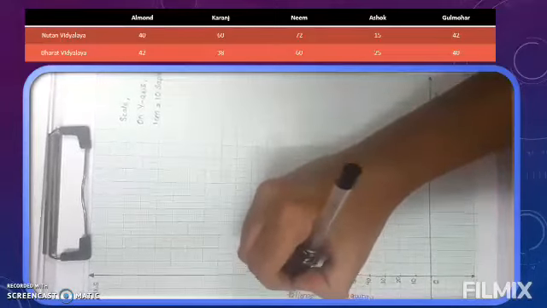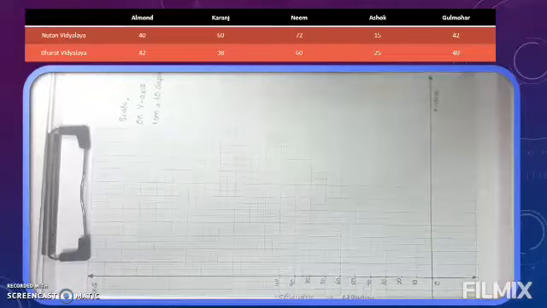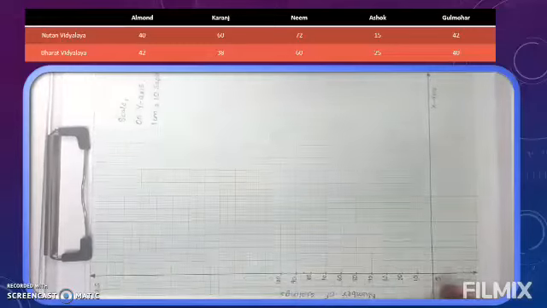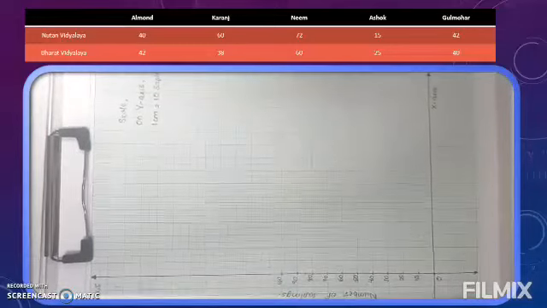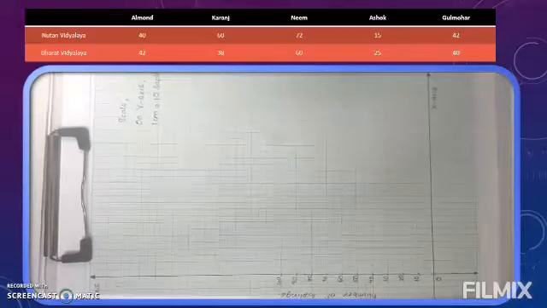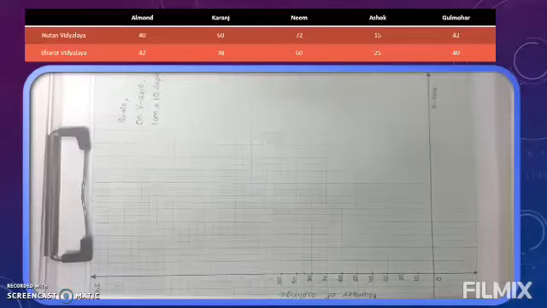This also you all will write with a pencil only. No one will use a pen. Clear? So we wrote here that these numbers are showing the number of saplings. So our y-axis work is done. Now we will start plotting our bars.